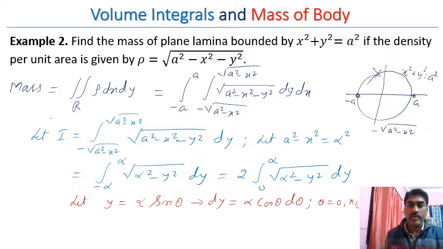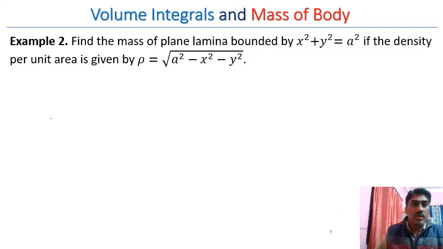So we will get I is equal to 2 times the integral from 0 to pi by 2 of square root of alpha square minus alpha square sine square theta. So alpha can be taken common, and 1 minus sine square theta will become cos square theta. So alpha cos theta, and dy is already alpha cos theta d theta. So I is equal to 2 times the integral from 0 to pi by 2 of alpha square cos square theta d theta,